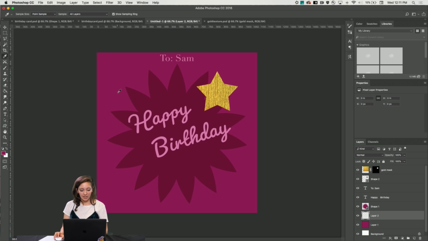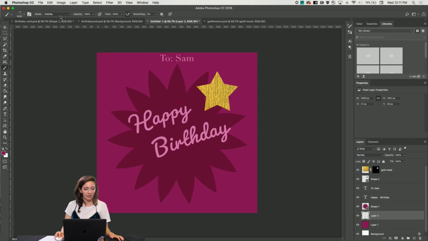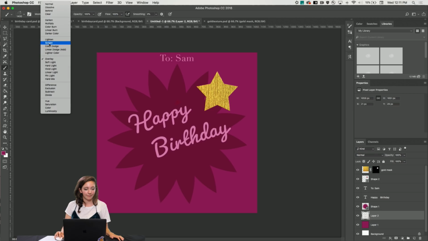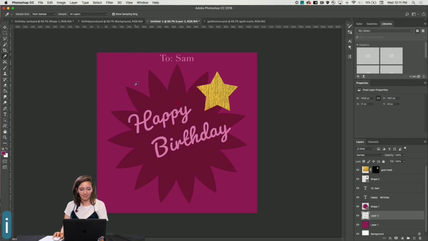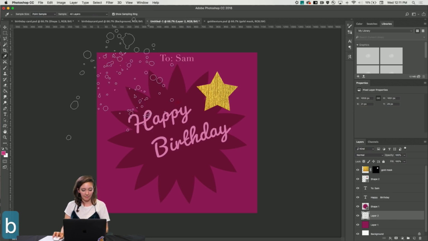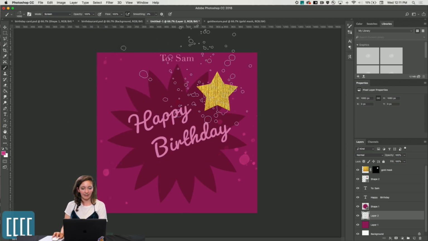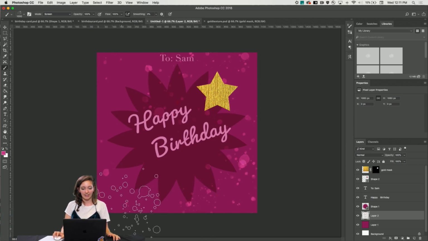I'm going to make sure the magenta of the background is chosen, and I'm just going to click. But before I do that, actually, let's change our brush mode to overlay, or maybe screen. Oh, I get why it's happening, because I'm choosing a darker color. Let's brighten this up a little bit. Boom. Okay, here we go. And you'll notice a fun texture kind of gets spattered onto the background, almost like this is a watercolor or